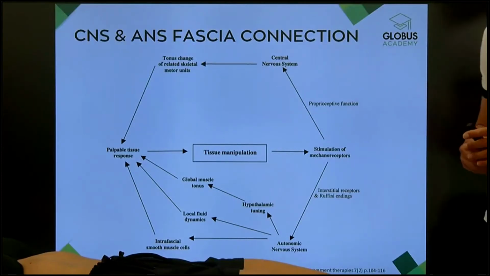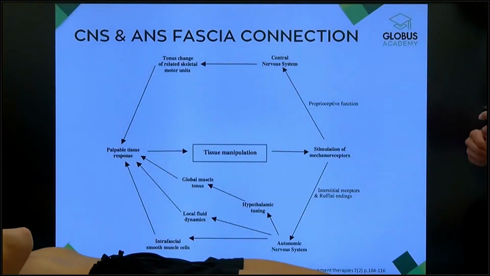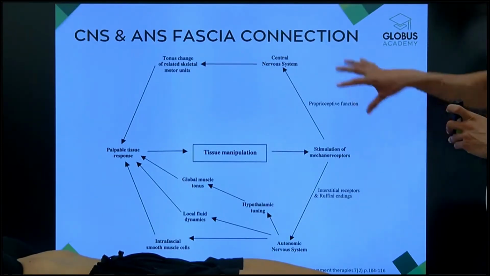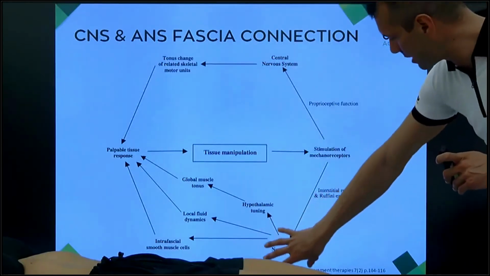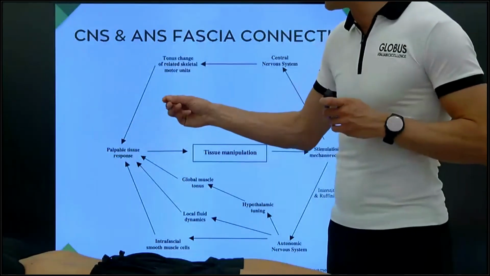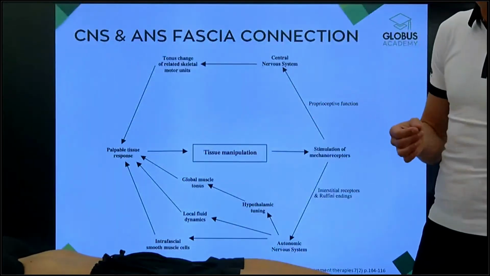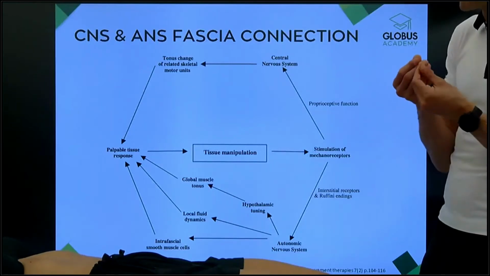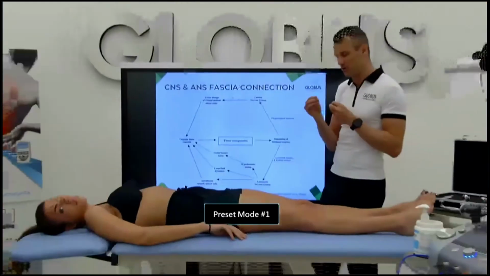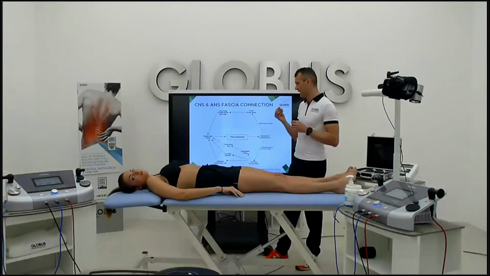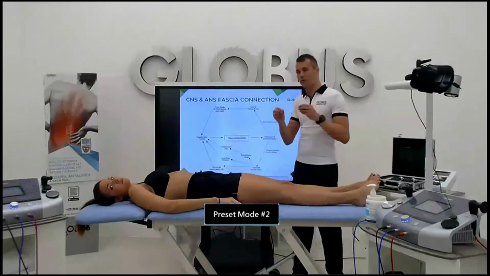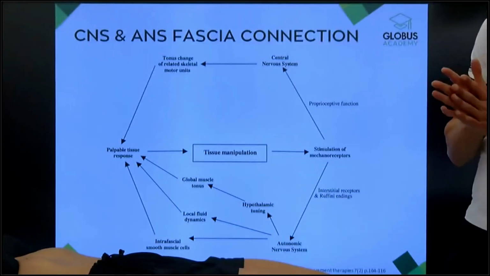And here there is an easy overview to better understand how this tissue is connected to our central nervous system and also to our autonomic nervous system. So when we perceive a densification on tissue, something like a knot, some stiff point where we don't have the proper coordination also of the muscle, of the movement, and we have a densification on the muscle and tissues, we do the manipulation. We can do it with our hands, or we can do it with a tool.